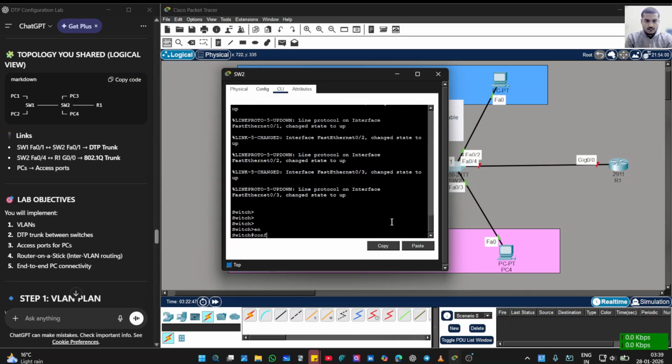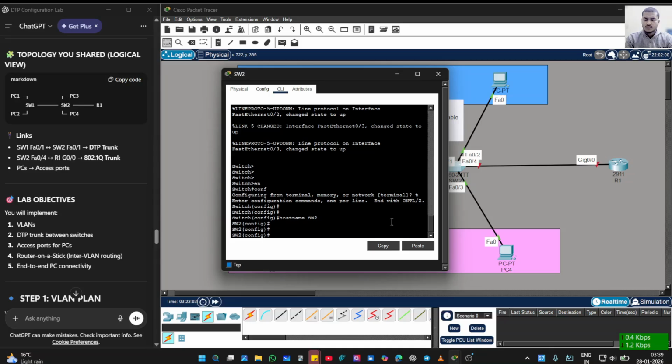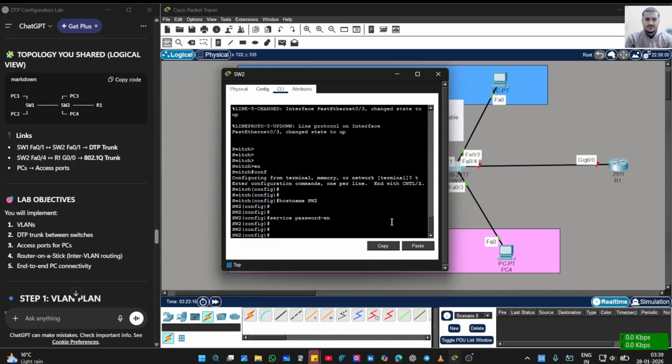Okay, so enable, conf t, configuration terminal, now hostname, which is the switch 2. Now the service password-encryption with this. Now what we can do with it, nothing much, but the next would be the